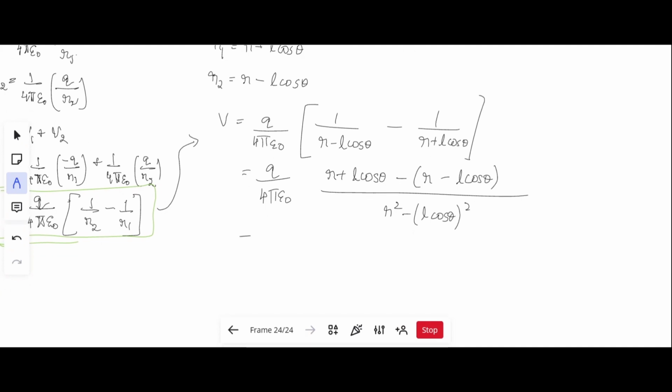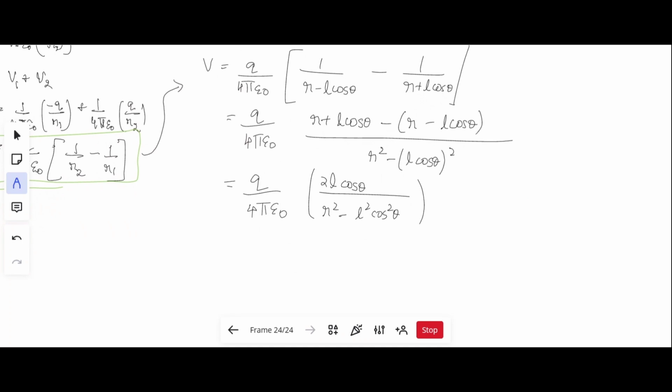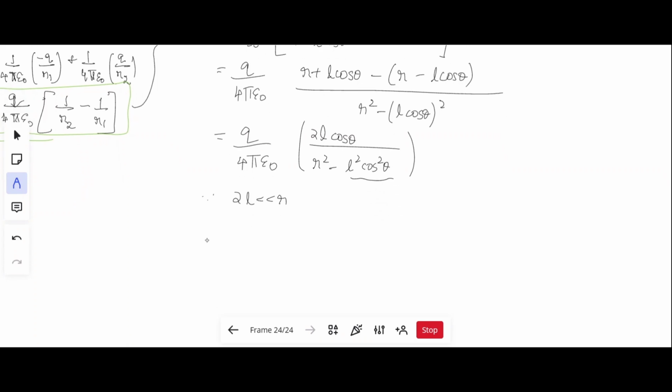So we can further write this as, R gets cancelled, 2L cos theta by R square minus L square cos square theta. But we have considered 2L to be less than R for small dipole. So we can ignore this component. Therefore, we will become